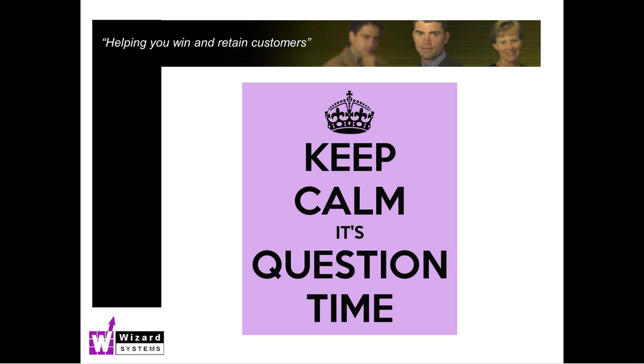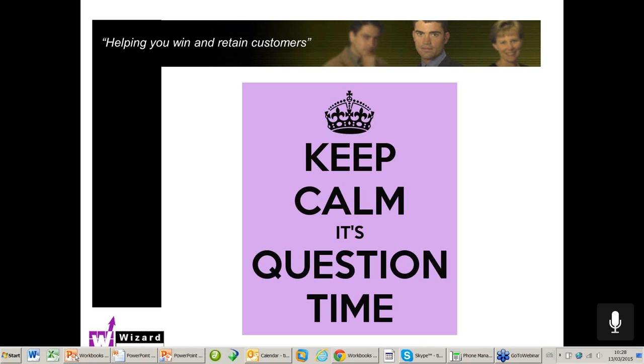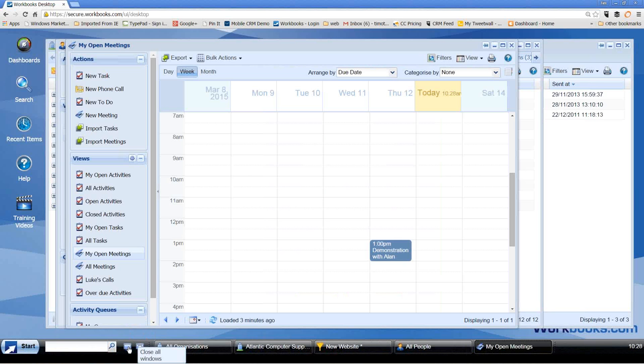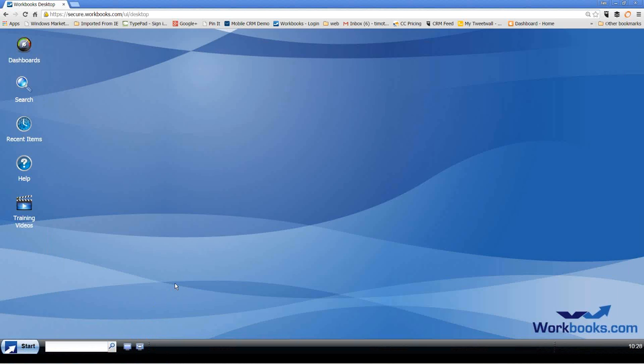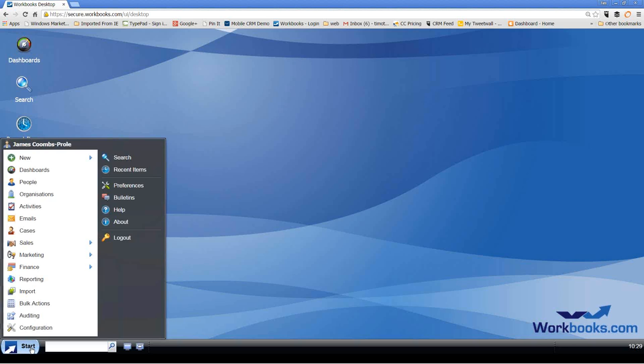So first question from, I think it's Stefan. How easy is it to create new fields in the system? Well, that's straightforward in Workbooks. If I just close down all these windows here. There we are, I've got a clean desktop again. Now, only certain people can create fields, so you have a pecking order in Workbooks, Stefan, but basically